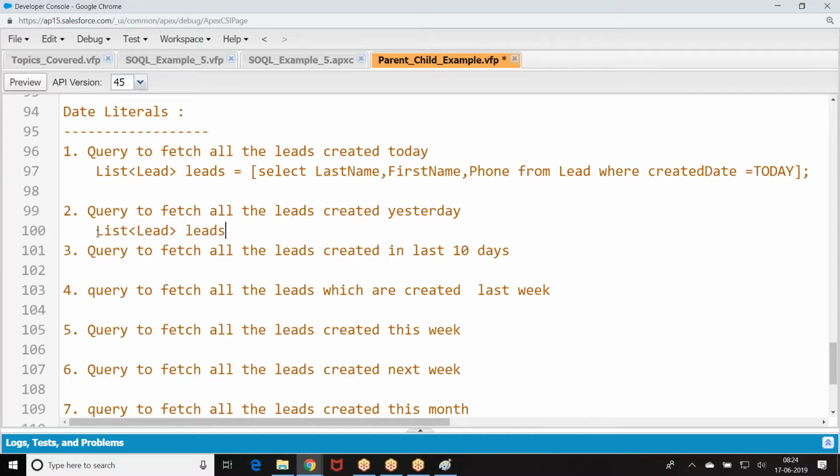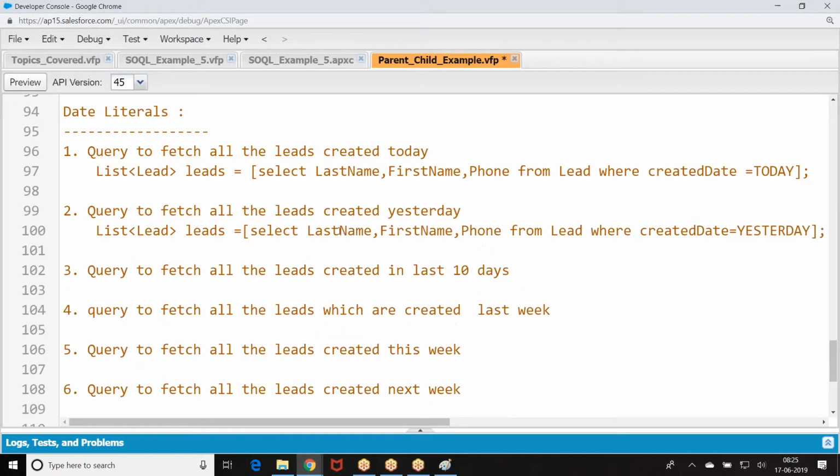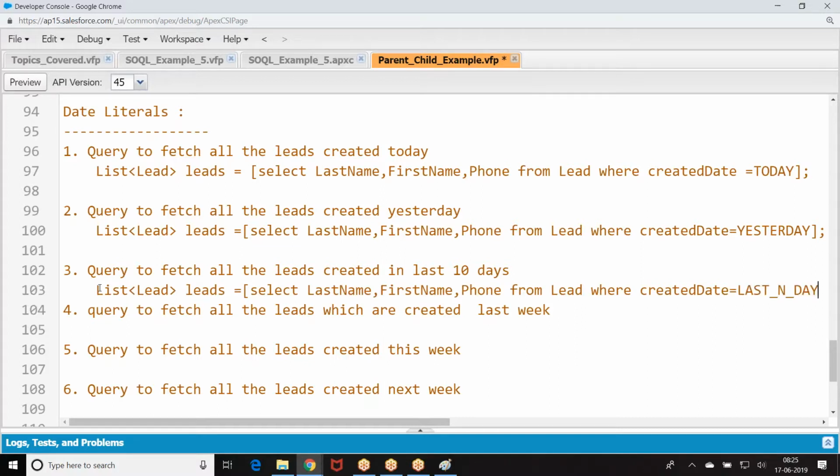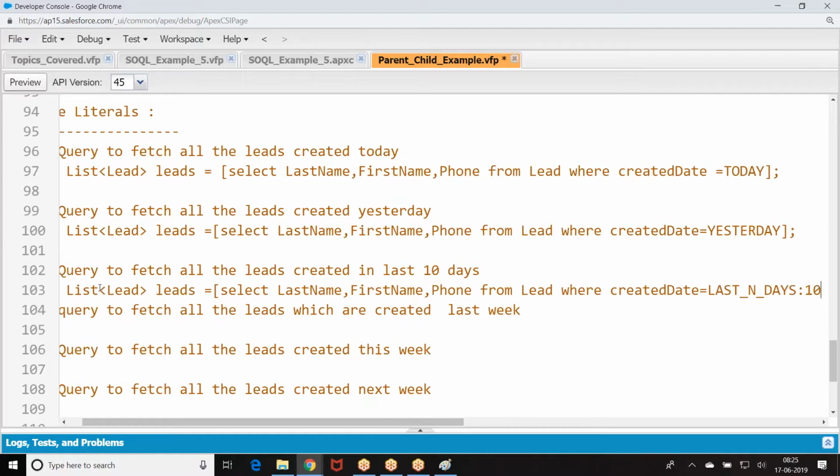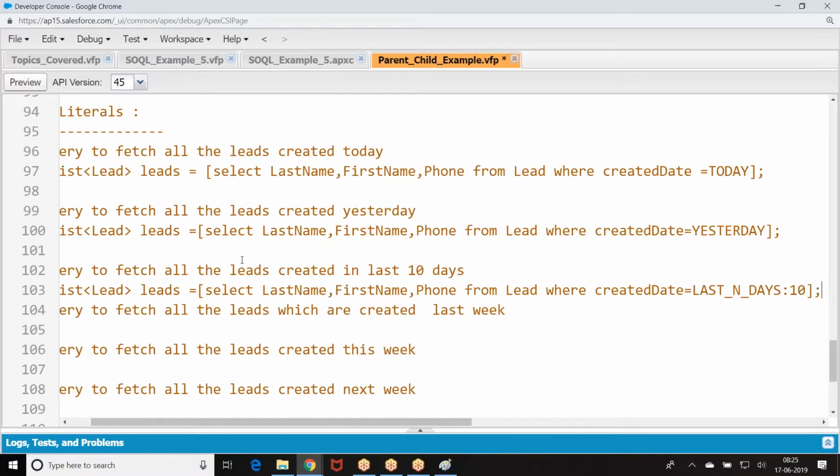List of the leads. Same query. Last n days.